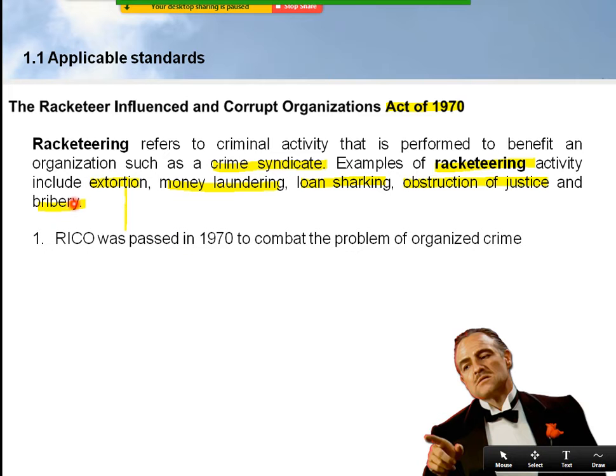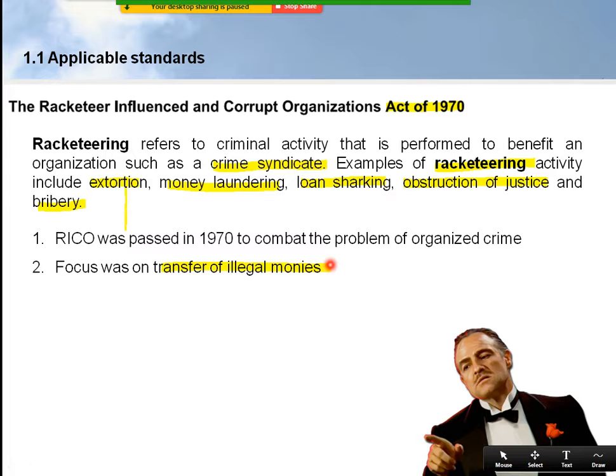So this RICO was, in fact, as I told you, passed in 1970. The focus was to restrict and somehow prevent the transfer of illegal monies. You know what was happening in the 1970s? The illegal money was finding its way into the corporate world through listings, through acquisitions and mergers. So the main emphasis of this law was to restrict the transfer of illegal money to the